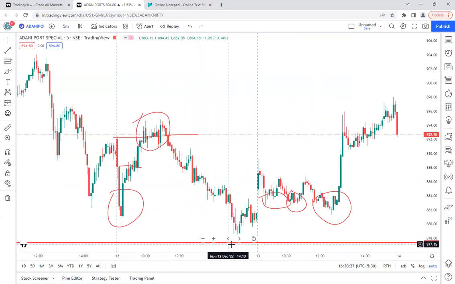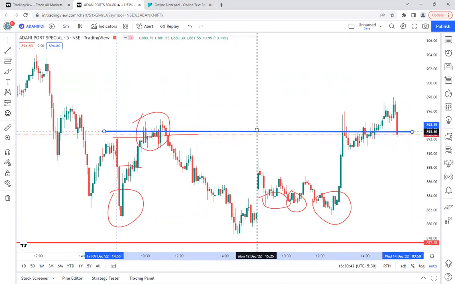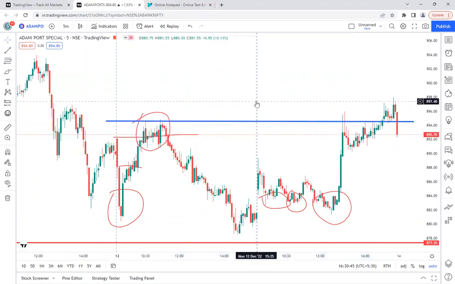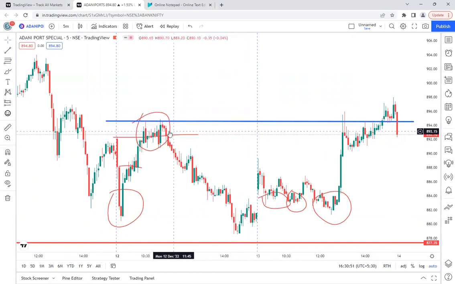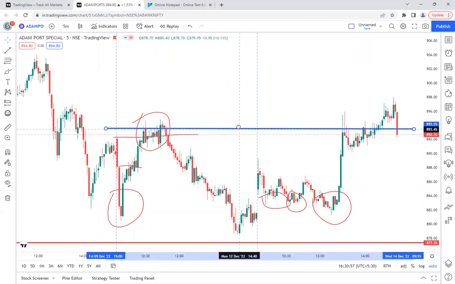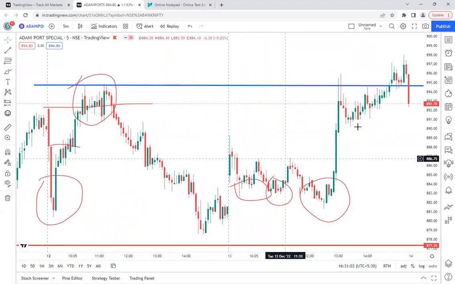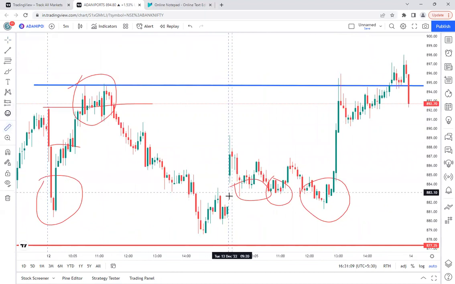What happens? If some sellers were still open here also, if they are taking the positional trade, they might have kept the stop loss just above the previous day high, right? This is the previous day high actually. And some people might be using this as the resistance, and they might have kept the stop loss here. And in the worst case, they might even have kept the stop loss just above the previous day high also. And you see what happened. Complete disaster for the intraday sellers.